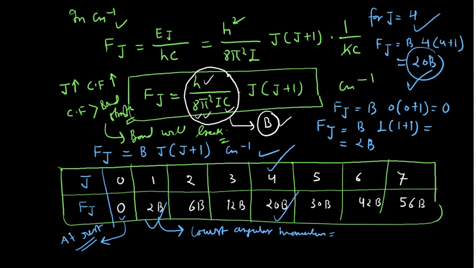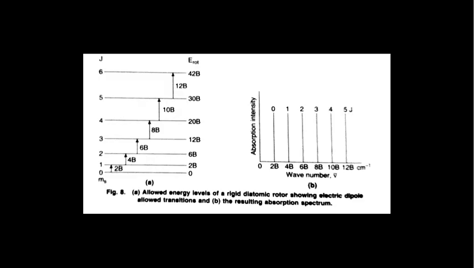Now, I hope this is actually clear to you. Now, what you can do, you can simply go for the next thing actually, the transition. So, different kinds of transition you can go for. Say for example, see this picture. This picture is very, very important. See, this is the J value, and here you see the J value 1, 2, 3, 4, 5, 6. So, when your transition is happening from J0 to J1, simply in that case from J0 to J1, this difference would be 2B.